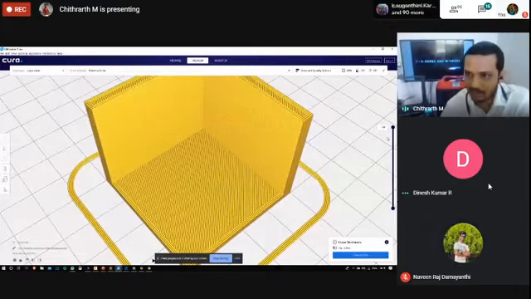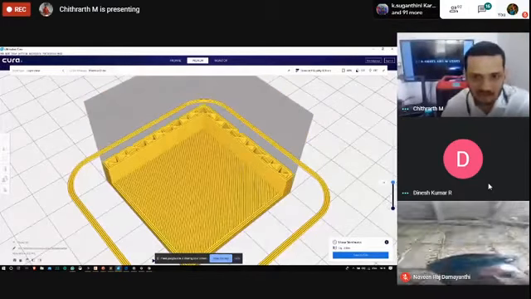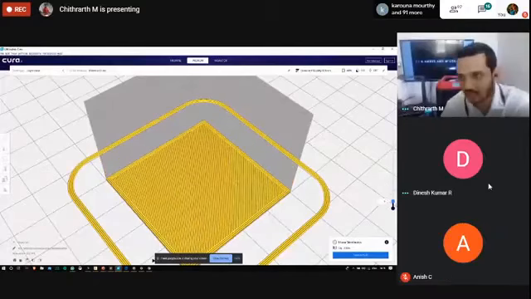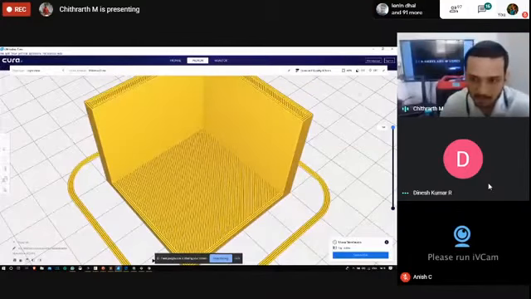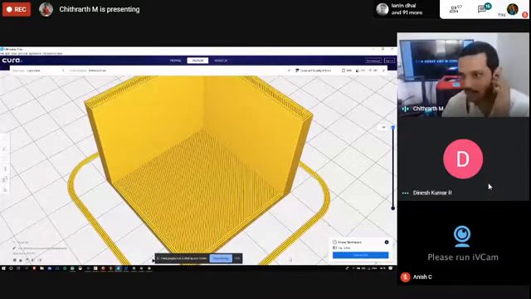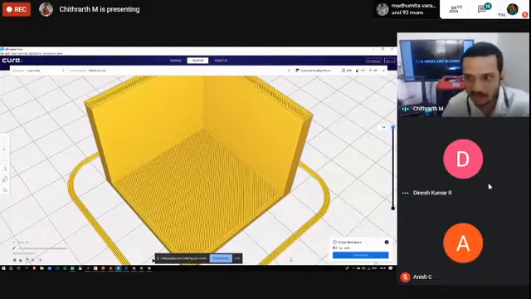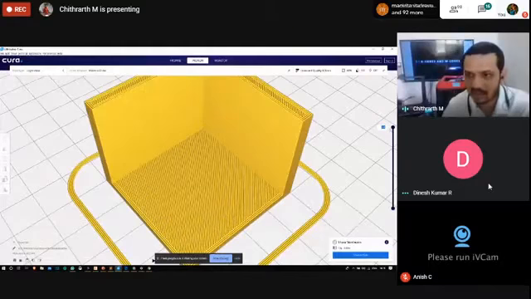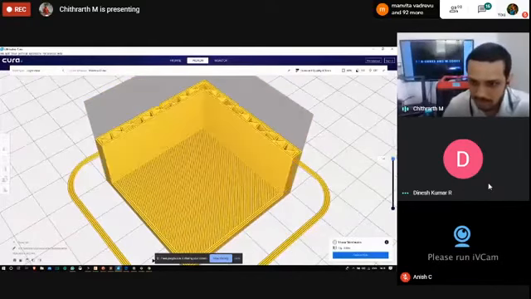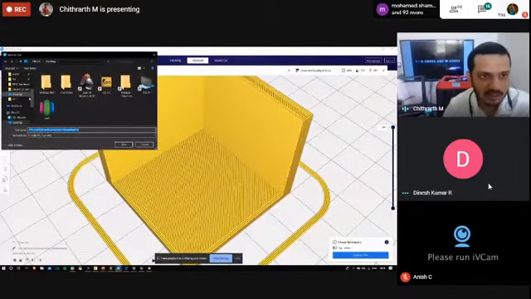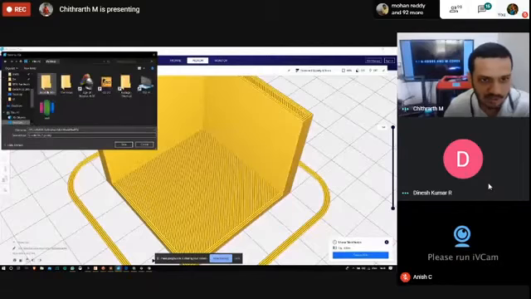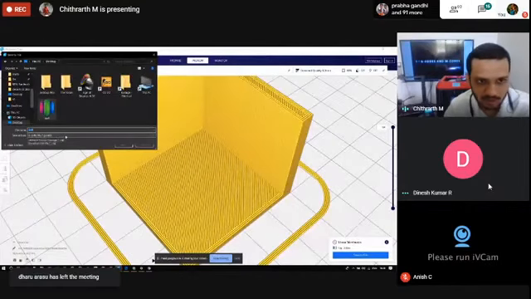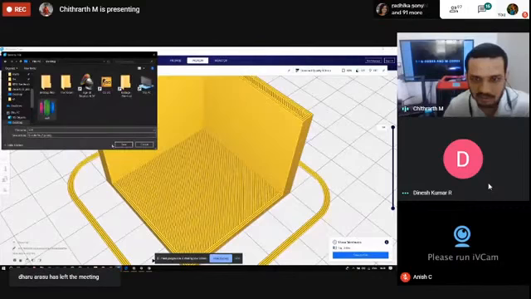So now, if you could see, this is the wall portion which we designed and sliced yesterday using a slicing software called Cura, and it has 160 layers. 160 layers is the total count used to print the entire part layer by layer and then develop it. Now I'm going to quickly save this file as wall.gcode. Normally the format will be in .gcode format. Okay, so I'm just overwriting it.